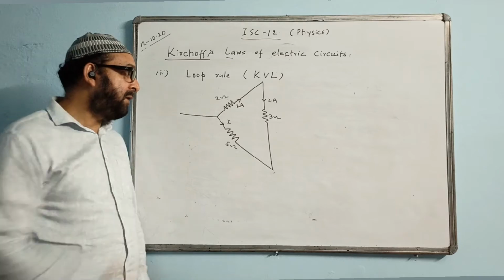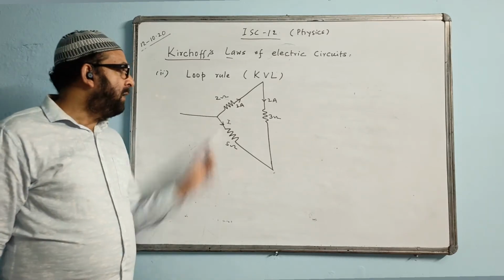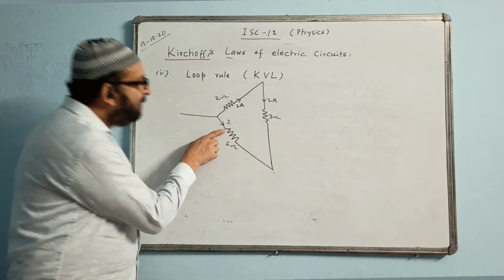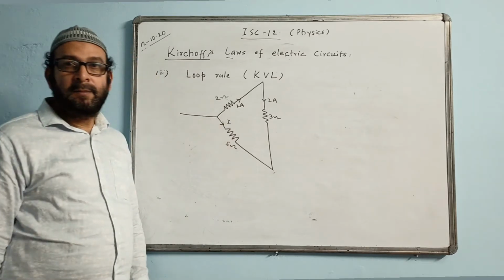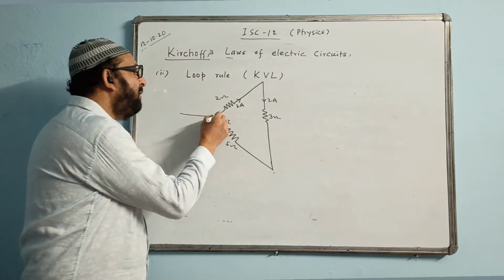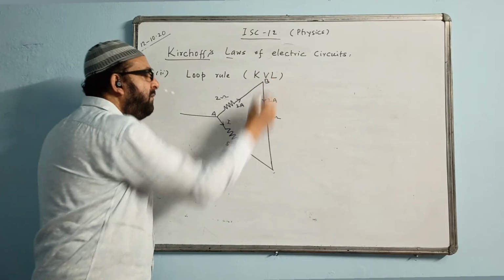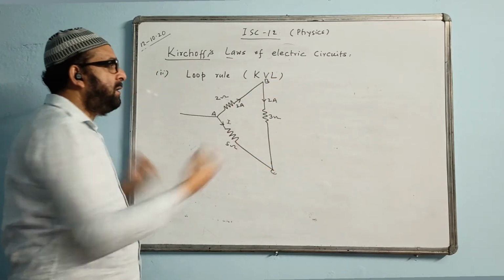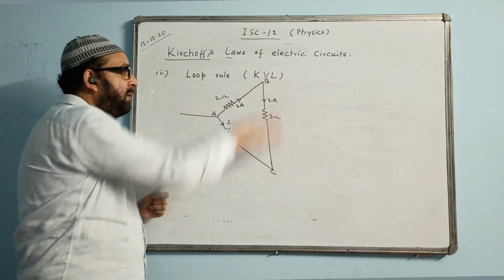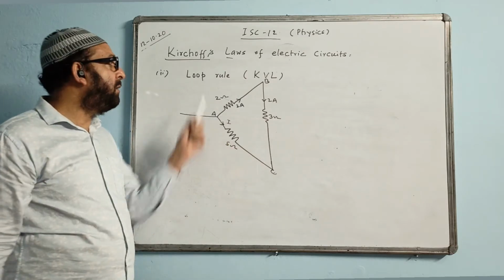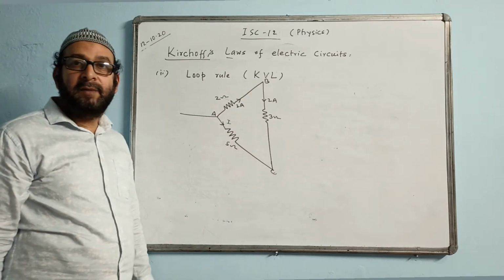This question is a 1 year IC question. Like this, a circuit is given and they are asking to find the value of this current I. And they may give the names of these points. Even if they don't give, we'll write ourselves A, B, C. We say this is a closed circuit. So we'll be thinking about the loop rule, I mean the KVL.